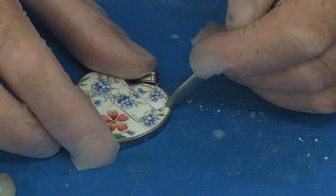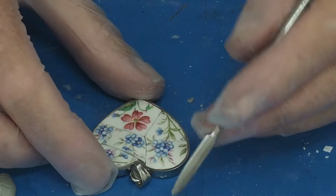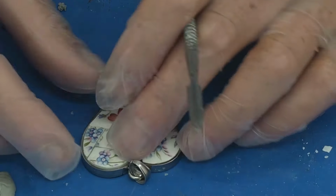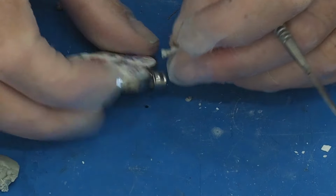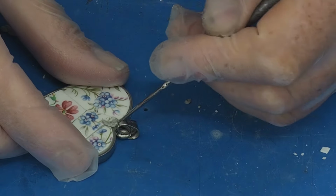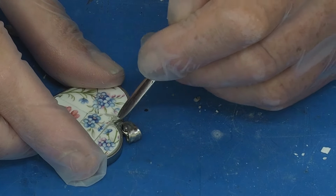And it's attention to detail. You know, making sure that when you're doing small things like these is that it's kept clean. And any tiny little holes, just fill up with a little bit of epoxy sculpt, because you won't see it, but it will cover that hole up. Because there is a slight hole there, it wasn't anything major,